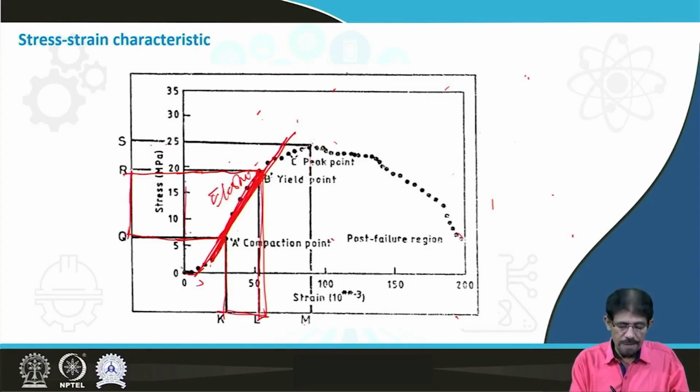There is increment in stress, then there is increment in strain, and this relationship is represented by the slope of this line. The slope of this line we can define